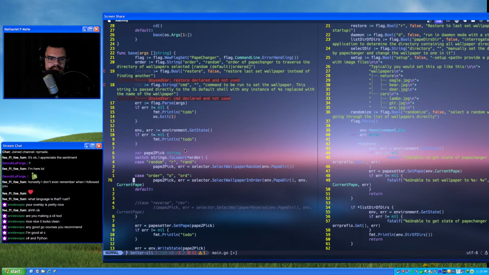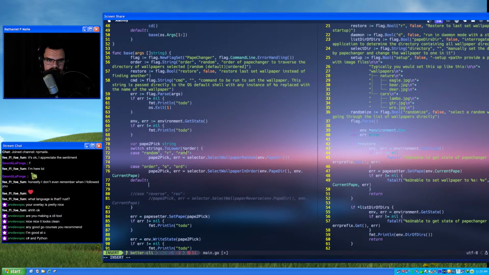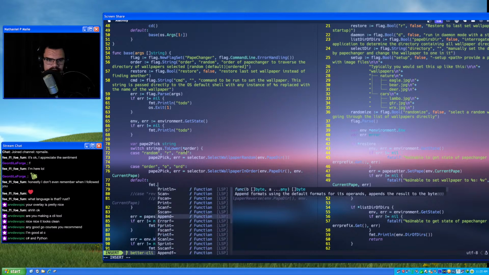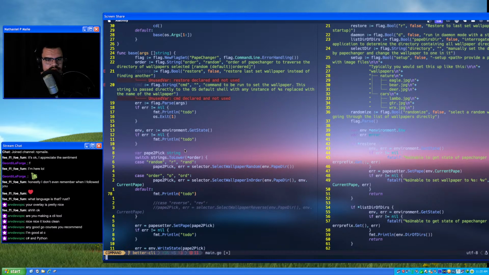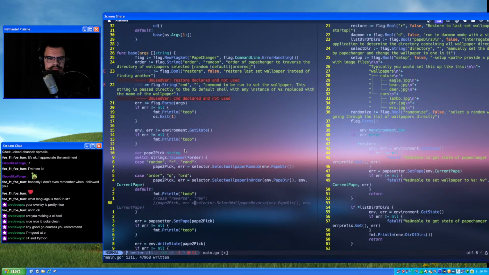Of course, we need a default in case somebody puts something dumb in there. We'll just say to do, because that'll be like a little error message, likely. So we use restore and CMD.